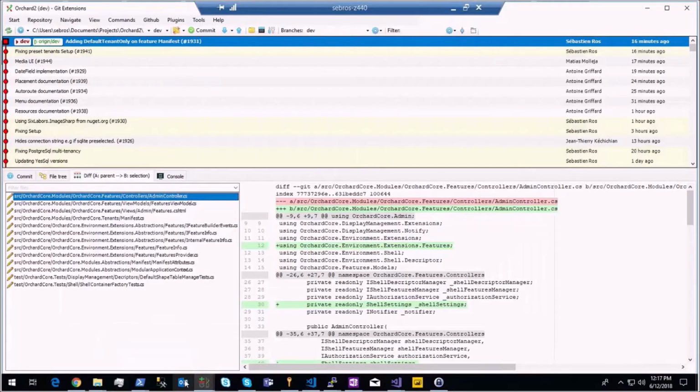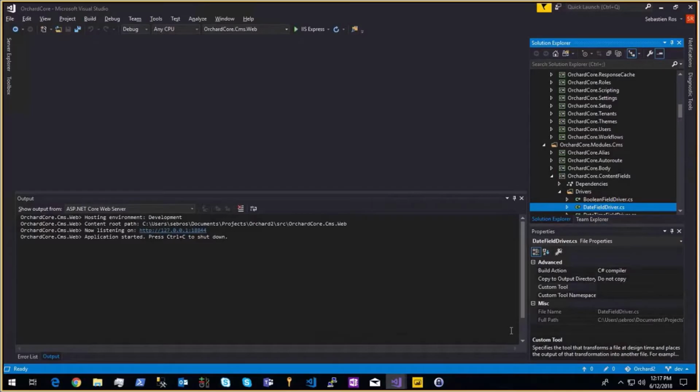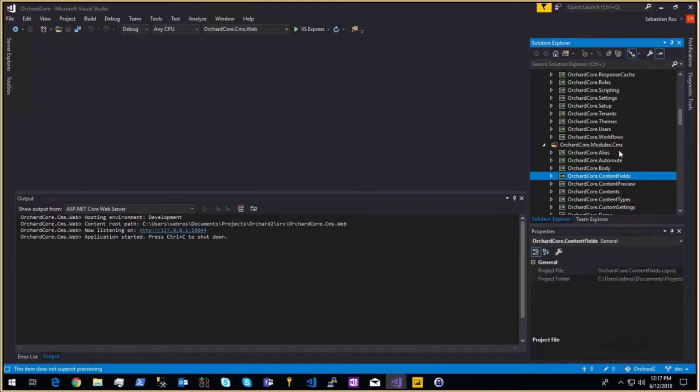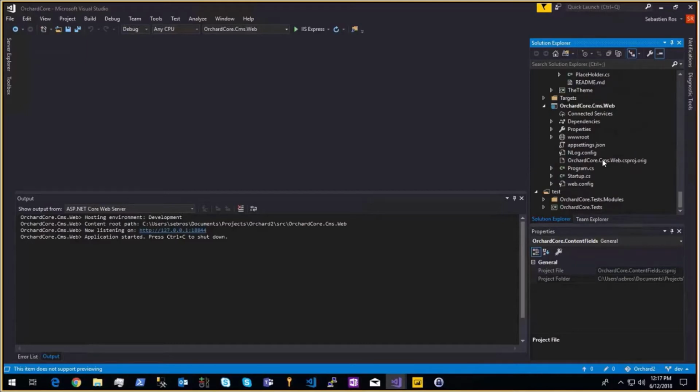So if I go back there, what can I show? I'm on the dev branch. First, the big refactoring for the manageability of tenants from the main application. So this is the main application, the only web application, the OrchardCore.Cms.Web csproj. And what is inside is